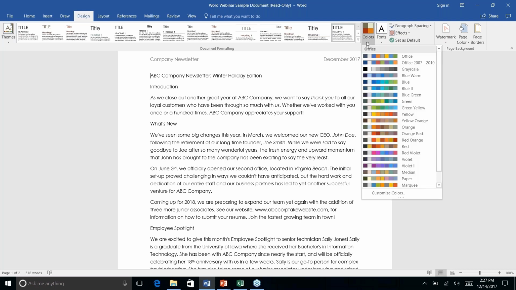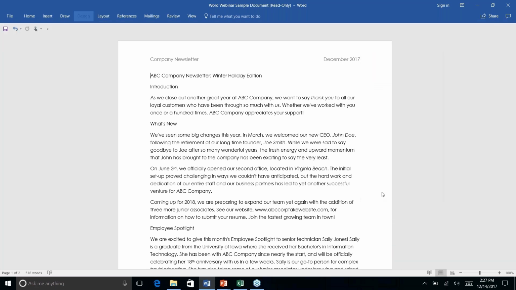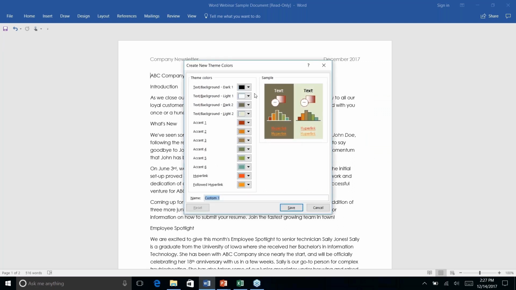Once you find one that you like, then you can go through and change the color scheme here for, again, the entire document. You can pick one of the ones that comes already pre-populated by Microsoft, or if you don't see one that you like, you can customize the colors yourself. So in this customization option, it even gives you a nice little preview of what your page is going to look like. It gives you options for a dark theme, options for a light theme,